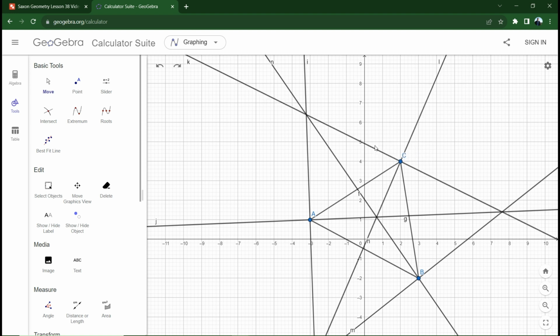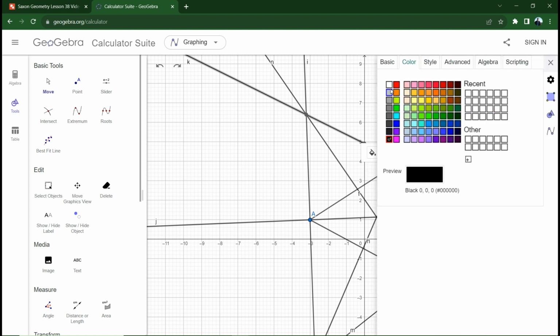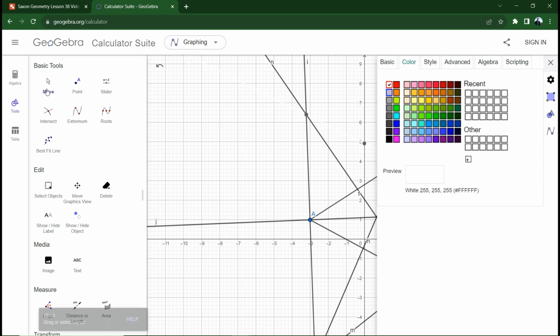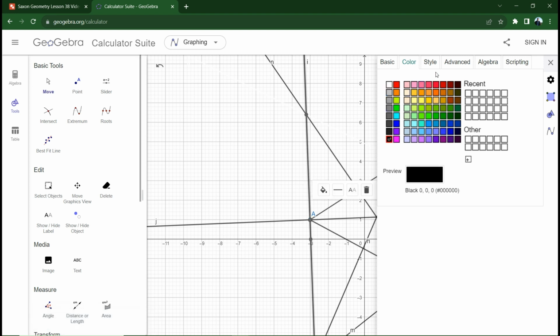Yeah, I can't do that. What I can do is click on these lines that I don't want, and I can change their color. I'm going to change their color to white, and then that should get rid of them. There they go. All right, so we're going to do that for this one,